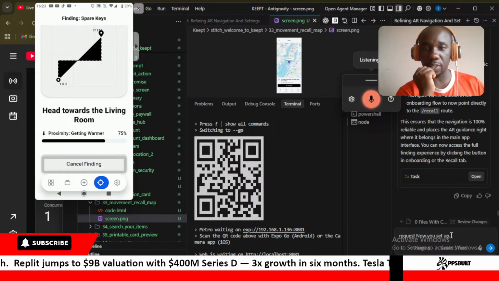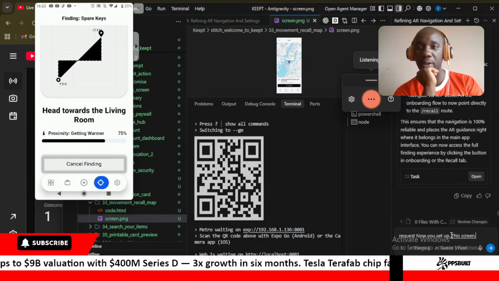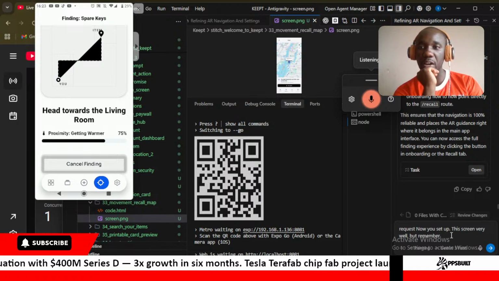You set up this screen very well, but remember that when it comes to the tabs,